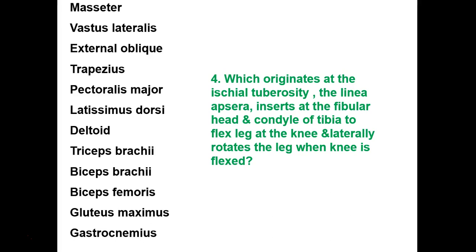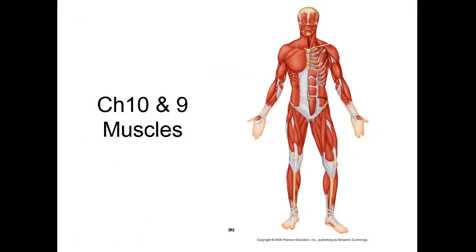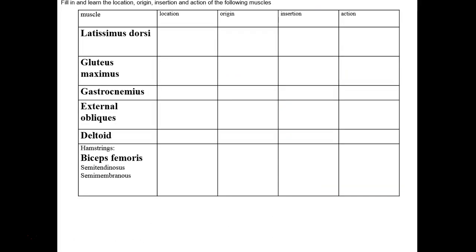So it would be the biceps femoris. So this is the chart that I was talking about. What you need to do is look in your book, or go on MyLabsPlus in the study area, and look on the left-hand side where it says A&P Flicks. Once you get into the A&P Flicks, there are flicks about origin, insertion, and action, and you can select the muscles I've assigned to you and actually watch a picture of the muscle working, and they tell you where it inserts and where it